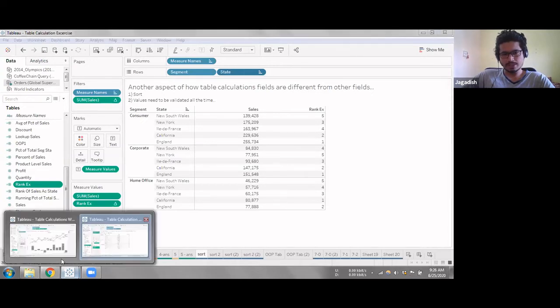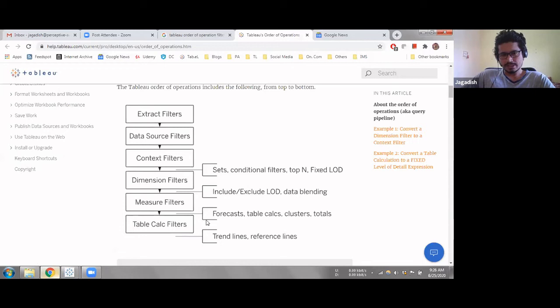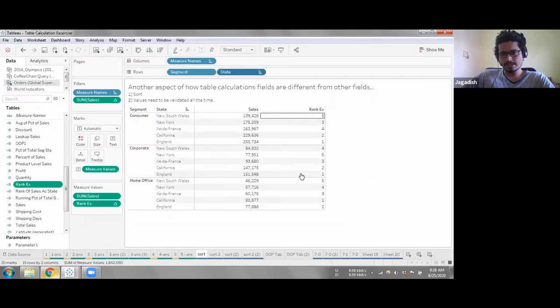If you see my order of operations here, table calculations are almost the last things calculated, after everything is done. That means when your view is completely ready, your table calculation will start to kick in and calculate. Many actions that work with normal calculated fields might not work with table calculations, so you must be aware of that.